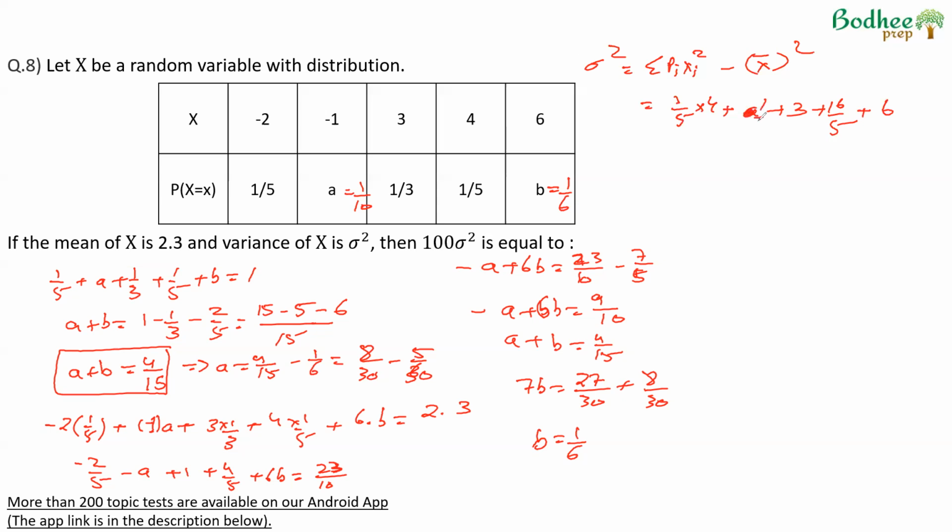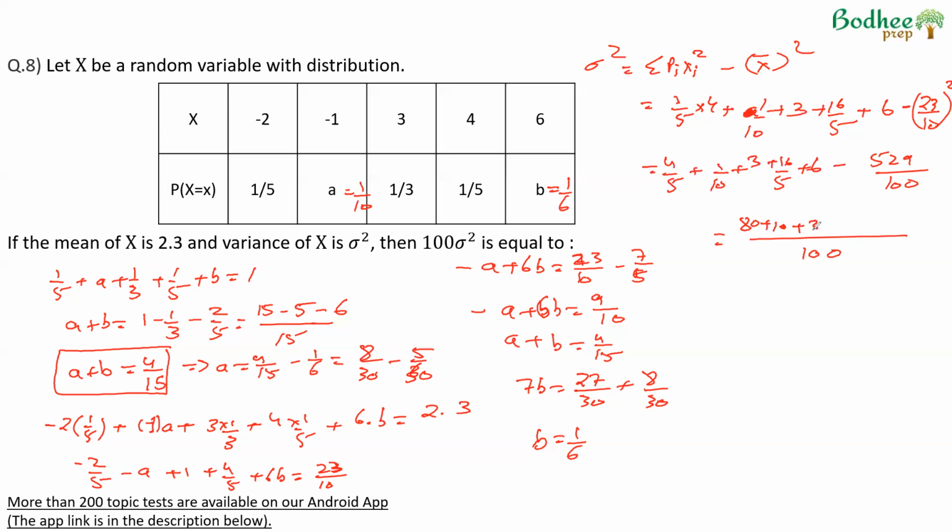A was 1/10, so we can write it as 1/10, minus the mean, which was 2.3 or 23/10, squared. This becomes 4/5 + 1/10 + 3 + 16/5 + 6 - 23 into 23 is 529, 529/100, which becomes 1/100 into 80 + 10 + 300 + 320 + 600 - 529, which further becomes